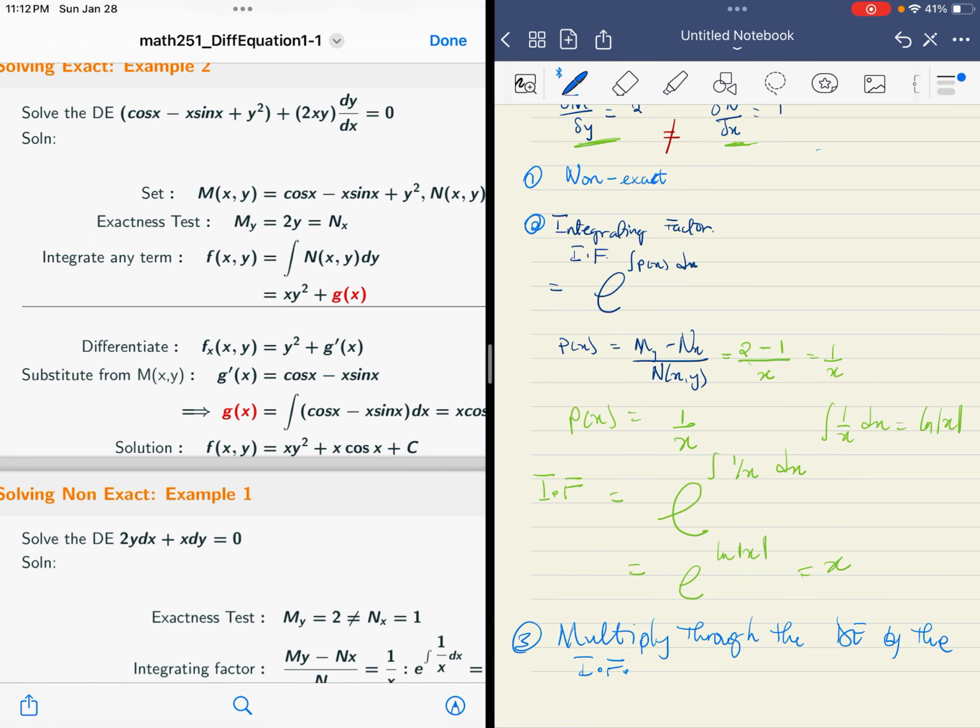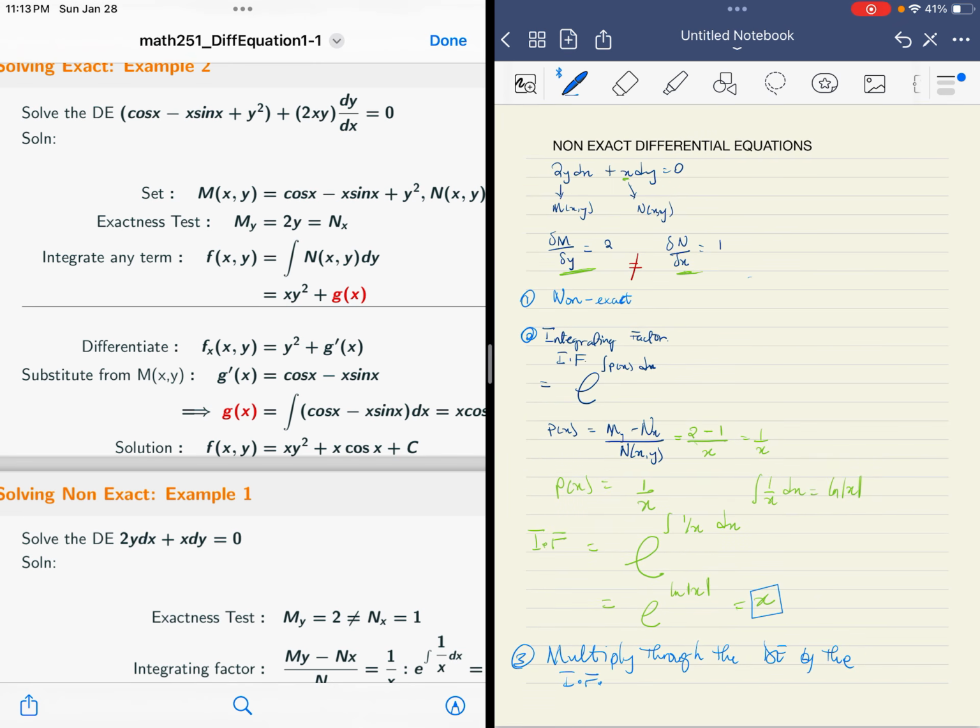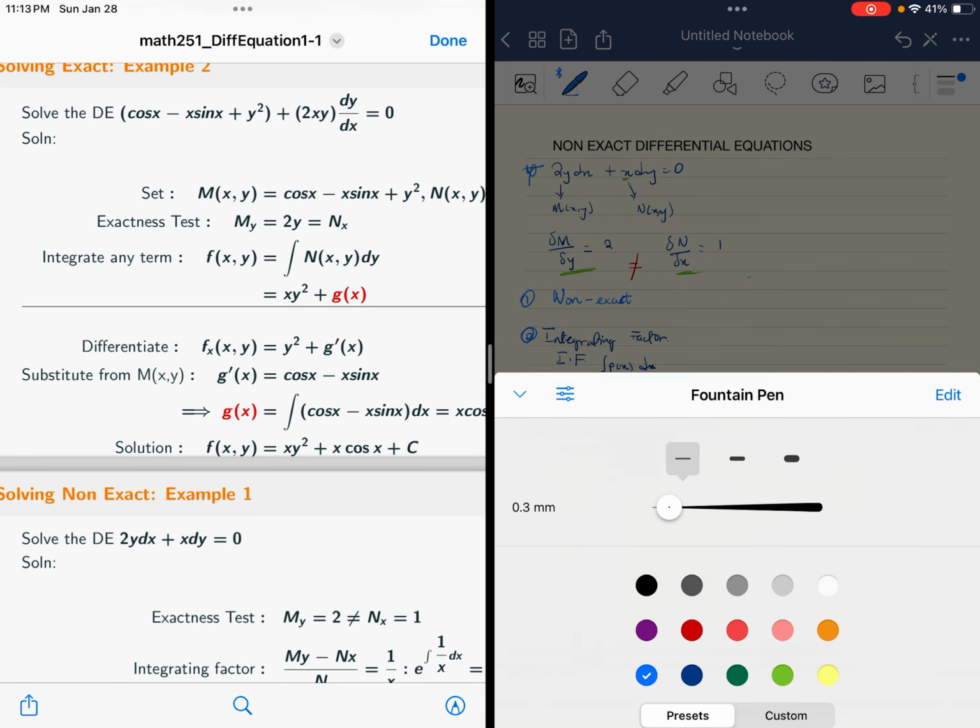So if your integrating factor is actually correct, when you multiply through your whole differential equation, the new equation you get should be exact. So our integrating factor is x. All we are going to do is multiply through what was given in the question by x. We had 2y dx plus x dy equals 0. If we multiply by x, our new equation would be